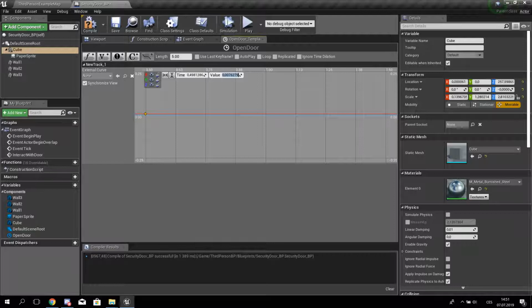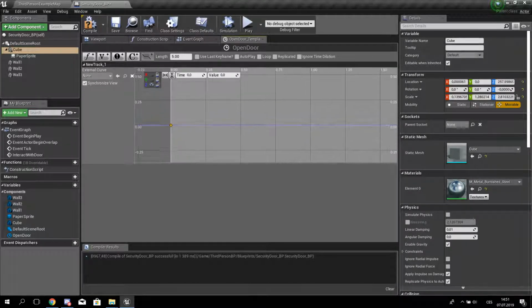Zero everything. We're gonna lock X, lock Y, and hide X and hide Y. Create a key to Z times 0, value 0, and yeah, like this. And we're gonna open like 2 seconds. Key to Z, and this time is going to be 2, and the value is going to